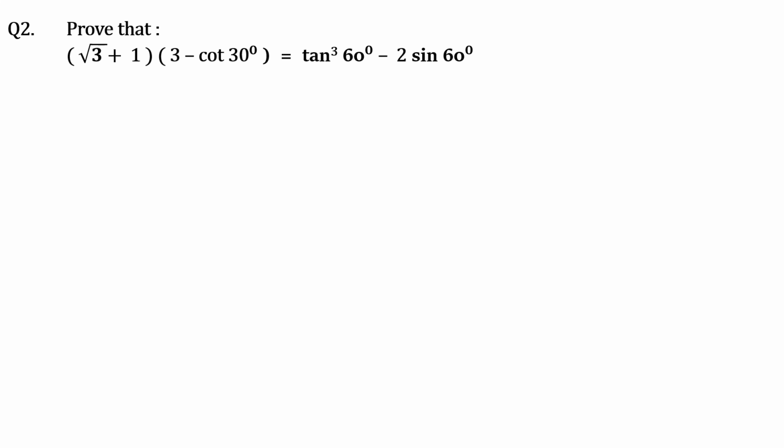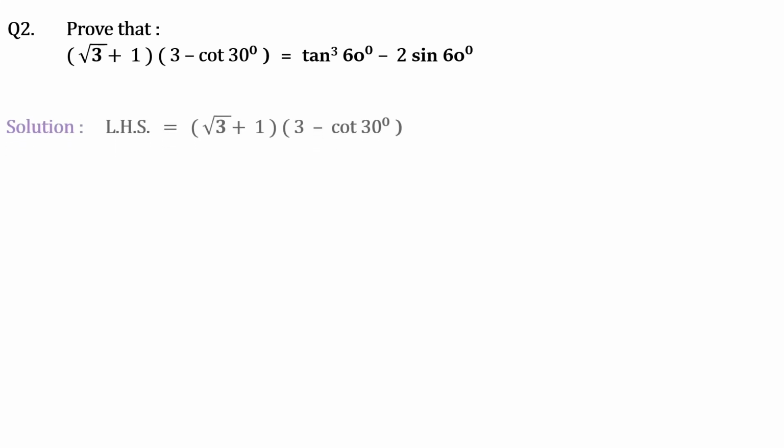Here I can see some standard angles, 30 degrees and 60 degrees, so I have to replace their values. Whenever it is asked to prove, understand the method. You have to take the equal to sign. Whenever we see equal to, we have a left hand side and a right hand side. So you have to solve both the parts. Solve the left hand side and come to a conclusion, solve the right hand side and come to a conclusion. Those two final results should be the same. Then only your left hand side is equal to right hand side.